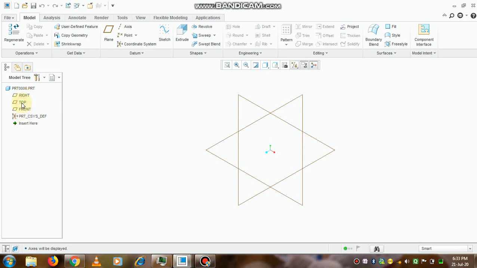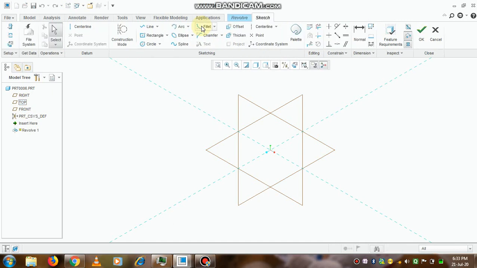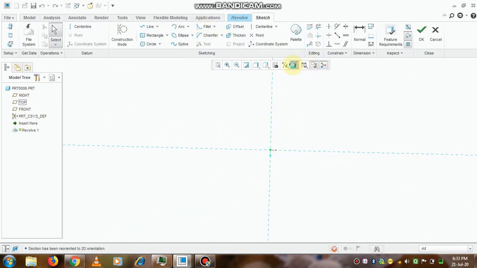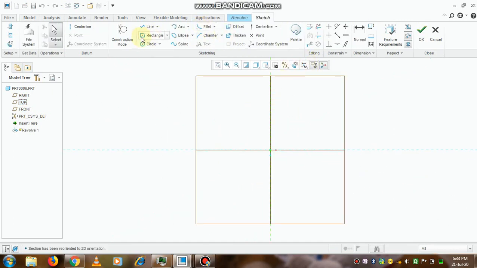Now again I am selecting the top surface this time and go to the option revolve, sketch view.